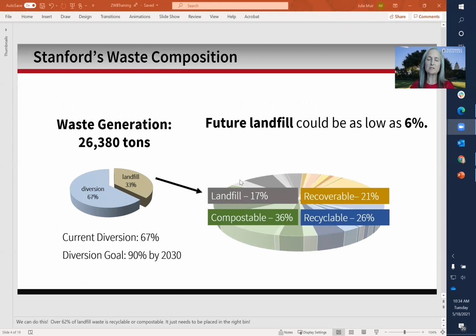So why do we think we can get to zero waste? Well, we've taken a look at the waste composition that the university generates. In 2019, we did a study of all of the waste that we send to landfill, the 33% of total waste generated that goes to landfill. Of that 33%, 36% was compostable, 26% was recyclable, and 21% was recoverable if we created a specialized program for that material. So only 17% of the waste that is generated on campus is truly landfill material, meaning it doesn't